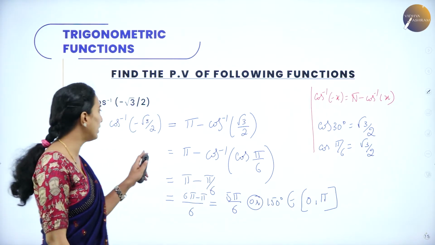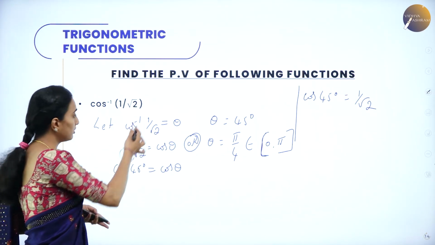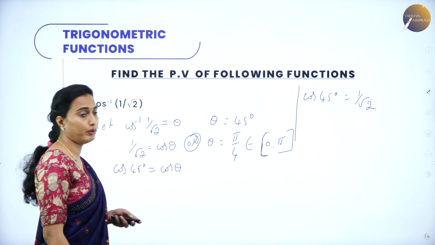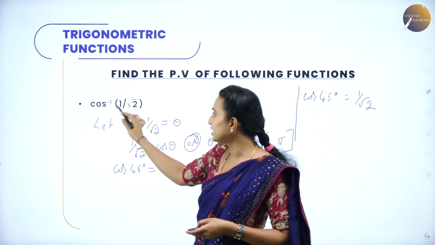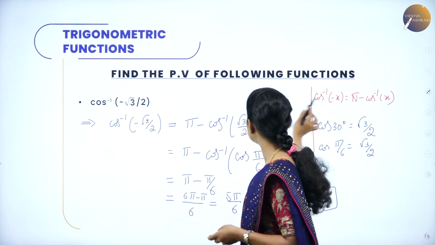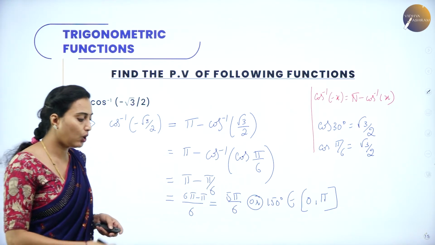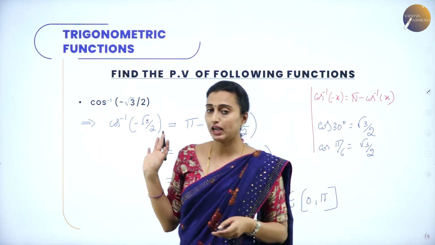Got this one? This is very important. Minus is there. So in the last problem, no minus, so directly I have solved that one. I have taken these two problems to make it easy to identify. If it is cos inverse of minus, you should take this formula: cos inverse of minus x is equal to pi minus cos inverse x. For cos, for cot, for secant, you need to take pi minus itself.